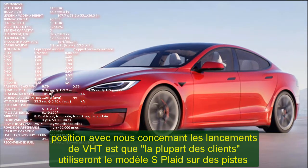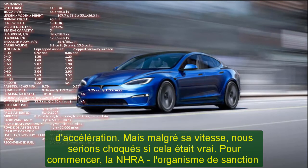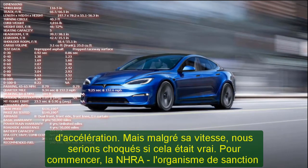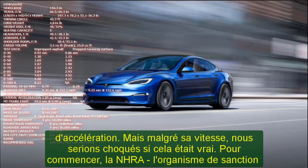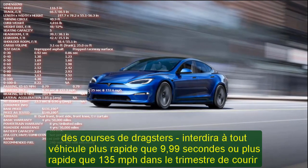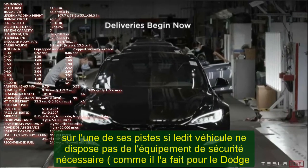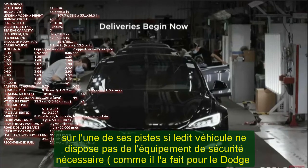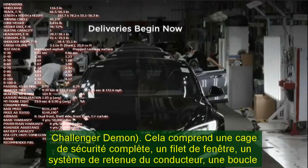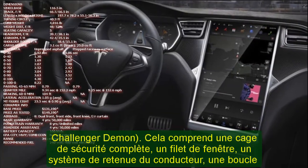Amusingly, the Plaid launches so ferociously hard, it generates more than 1 g from 0.2 second to 2.6 seconds after launch, peaking at 1.227 g at 32 miles per hour. That's more g than the car generated in its best 60-0 mph stop, which required 104 feet and peaked at 1.221 g. So, yes, this all makes the 2022 Tesla Model S Plaid the quickest production car we've ever tested,